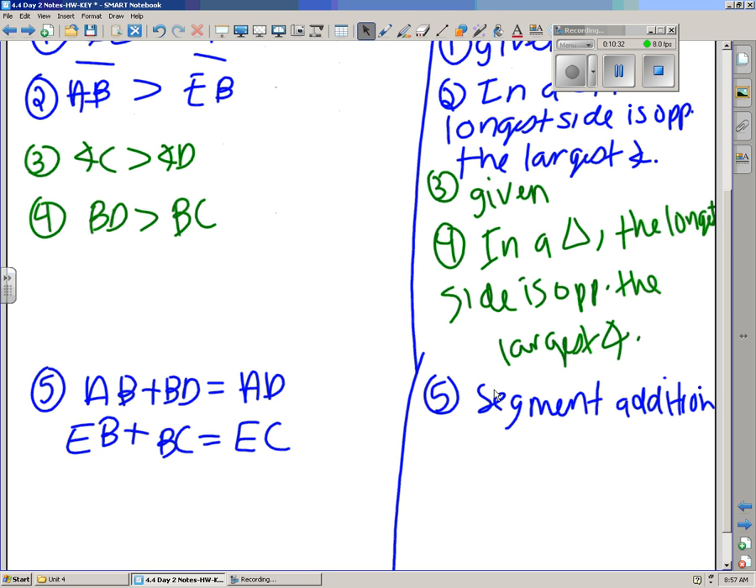Okay. Then the next step is going to be basically saying, well, we've already dealt with these individual parts, and we already know that AB from the top is greater than EB. And we also know that BD is greater than BC. So if we start adding these things, knowing they aren't equal already, we can say for this next step,